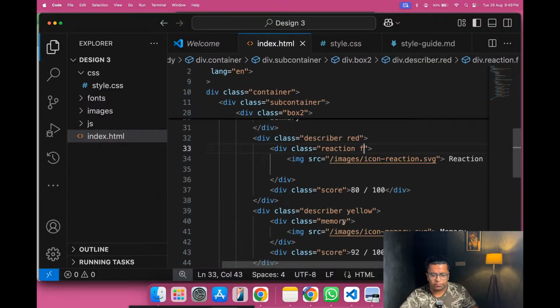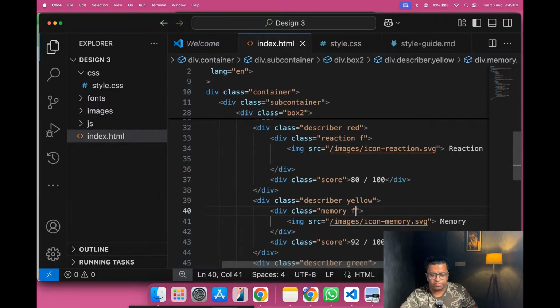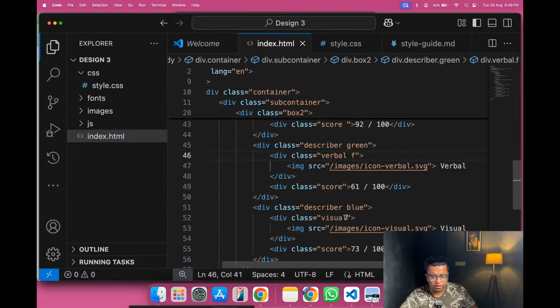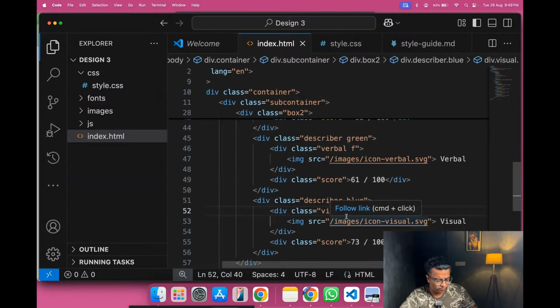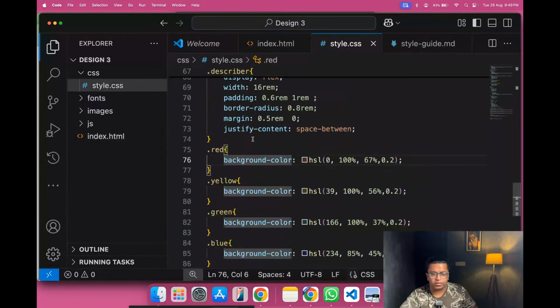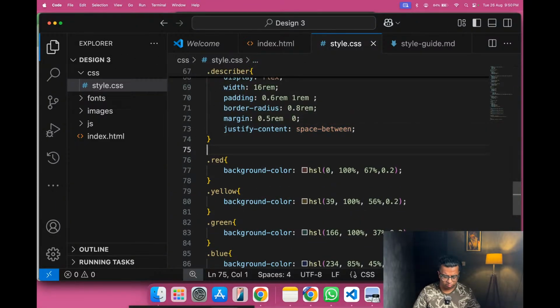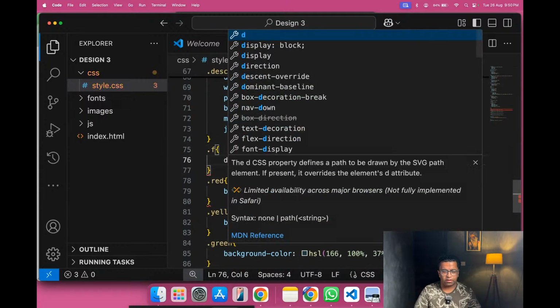Let's add the f class with everything. F is for flex. So on visual, and here also visual, with f. By giving the f class, I will be just giving display flex. So dot f, display